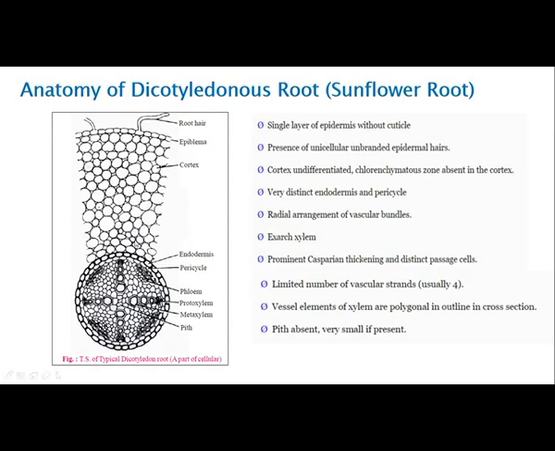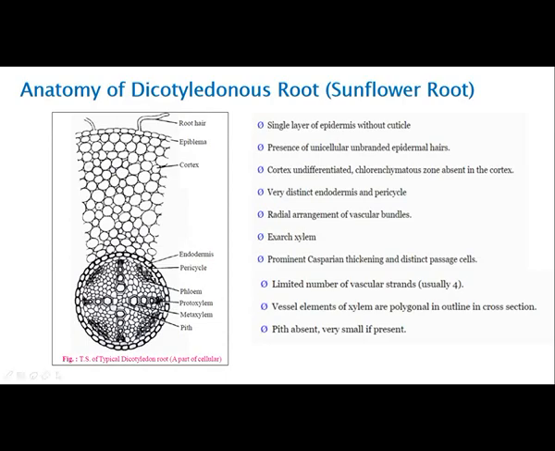Then below the cortex there is another layer called the endodermis. The endodermis is a single layer, barrel shaped parenchyma. Suberin is present, and the cells present opposite to protoxylem do not contain suberin. These cells, exactly opposite to the protoxylem, are called the passage cells. And the cells of the endodermis which contain suberin are called the Casparian stripe.